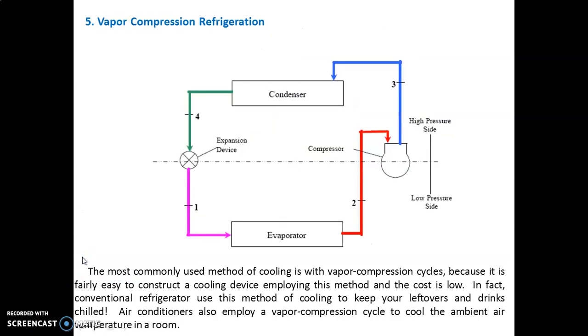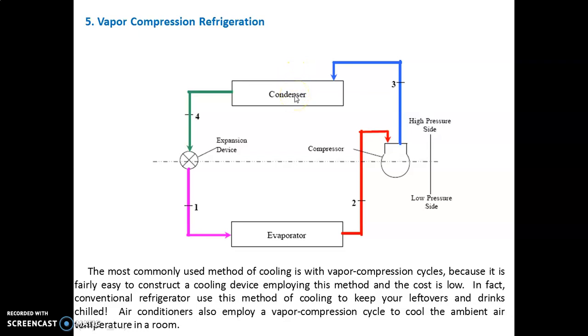So the fifth important one is the vapor compression refrigeration system. As we know, the basic components of the vapor compression refrigeration system are the compressor, condenser, expansion valve, and evaporator. In the compressor, the wet vapor refrigerant enters and gets compressed to a high pressure. Generally the compressor is hermetically or semi-hermetically sealed, and that high pressure, high temperature vapor refrigerant enters